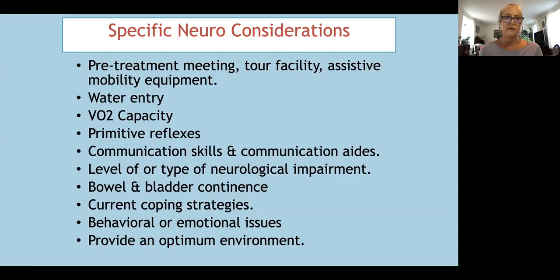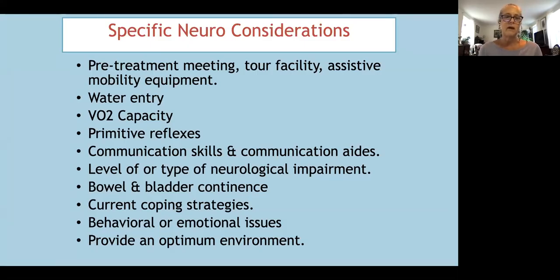That could be part of your initial land assessment, where they come look at the facility, see what some of the challenges might be, look at the locker room. And it also enables whomever is accompanying that person, if they have mobility issues or cognitive issues, to know what lies ahead, what's in store, so that your program can stay on time and that you have the right kind of equipment prepared for that person. And a lot of it's for their own safety, and also the safety of the person that's coming with them,